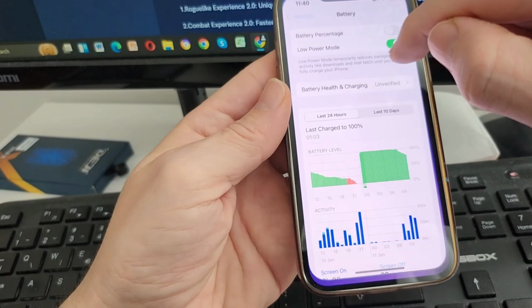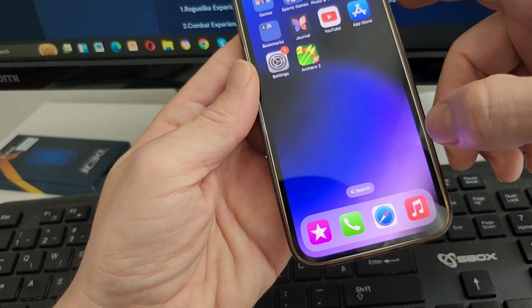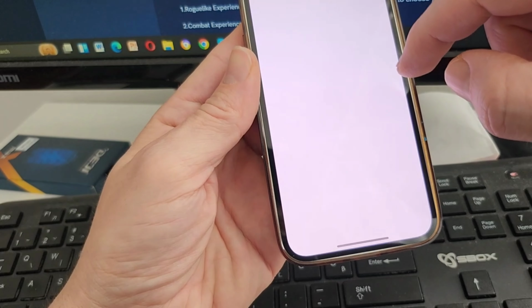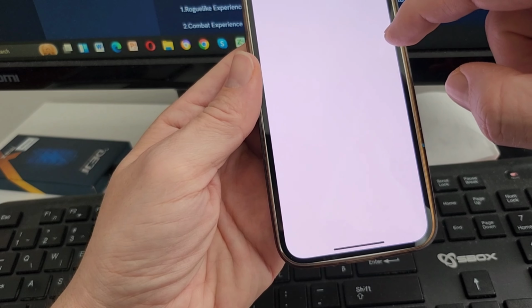okay, one more time, go in the settings. It got interrupted. One more time. Okay,